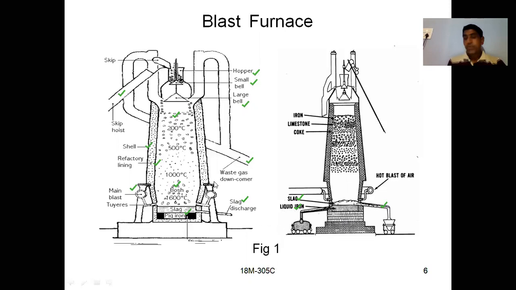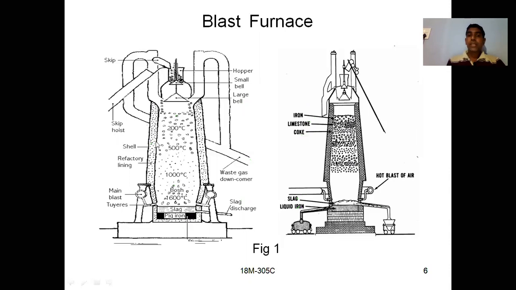and further processed. And if you see here, what is the charge we are having? We are having iron ore, limestone and coke. So this is the charge. It is laid in the blast furnace layer by layer. And you are having a hot blast of air. I already told you, from the tuyeres we send the blast of air, which is used for the burning of coke. Okay, so this is the main construction of a blast furnace. I am repeating once again.